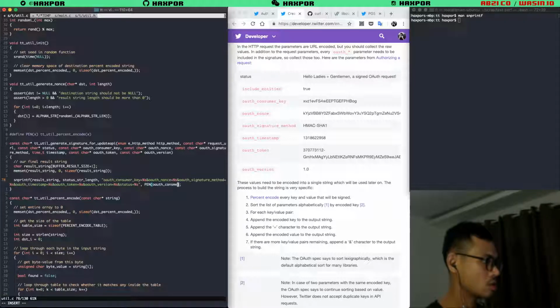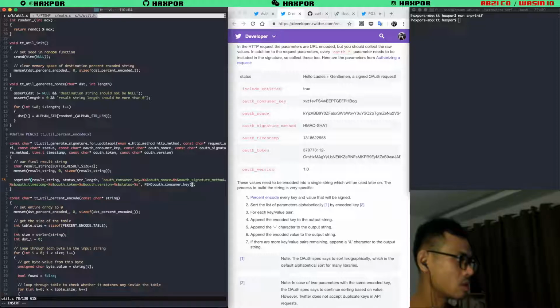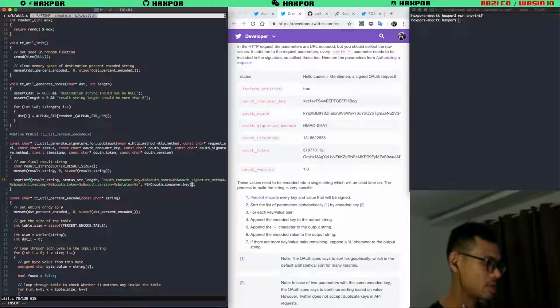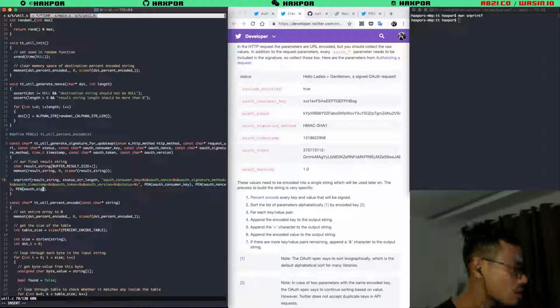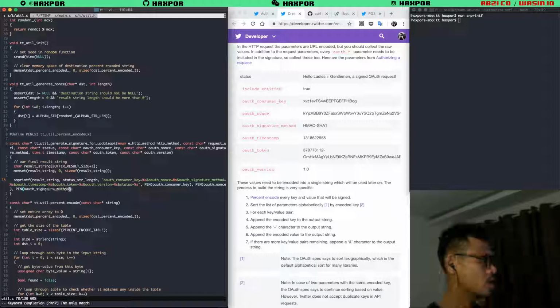Right, and then we can do this with OAuth consumer key. Because I have a little bit long function name here, because I use snake case. OAuth consumer, OAuth signature method, and then OAuth timestamp.